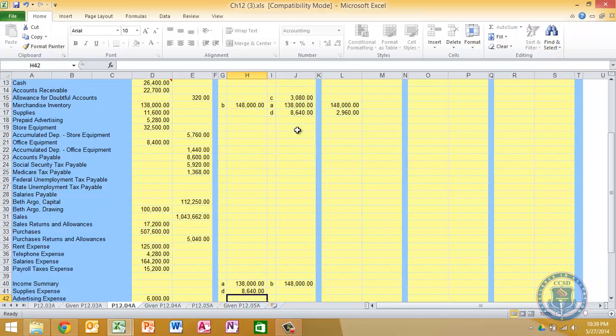On September 1st, the firm signed a 6-month advertising contract for $5,280 with a newspaper. The full amount was paid in advance. So let's look at prepaid advertising. We're at $5,280. Now, the trick here, and I told you guys in class you're going to have to start looking at dates,